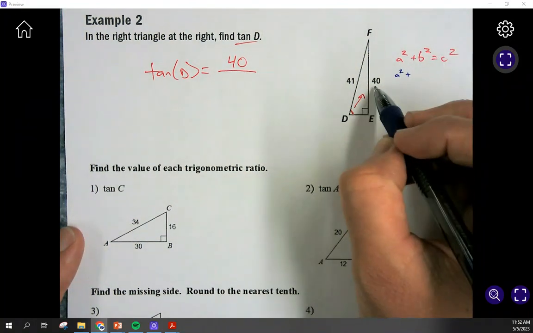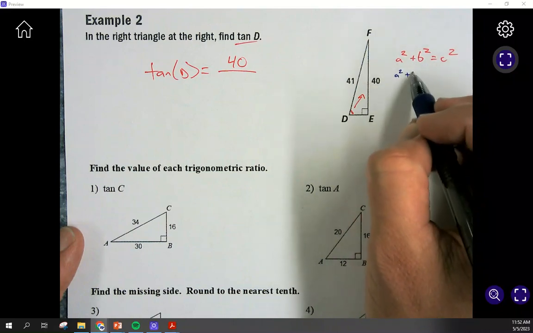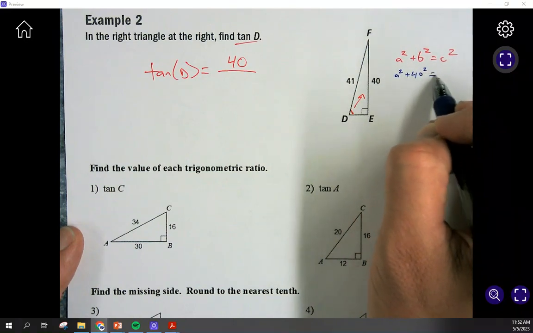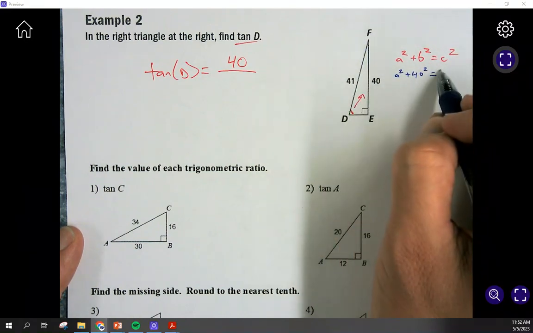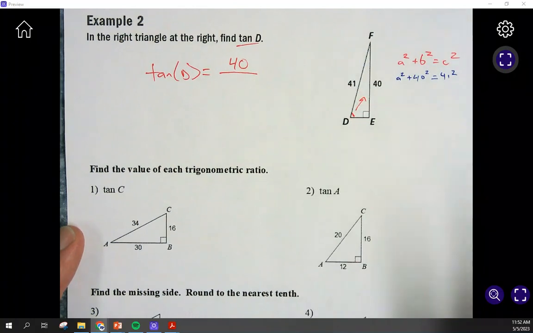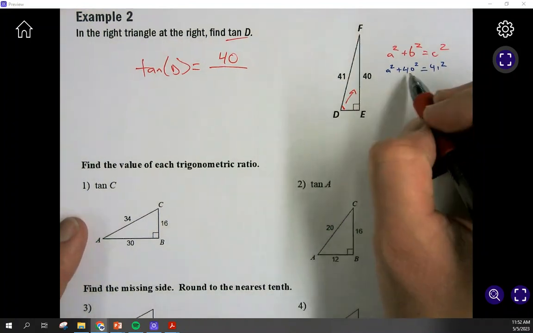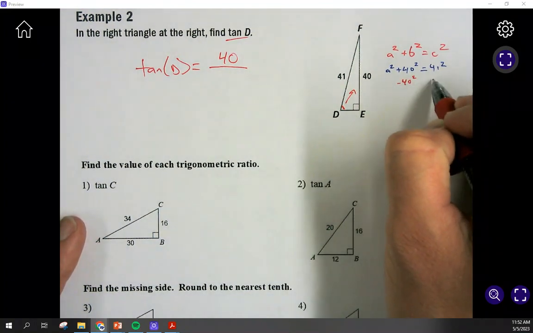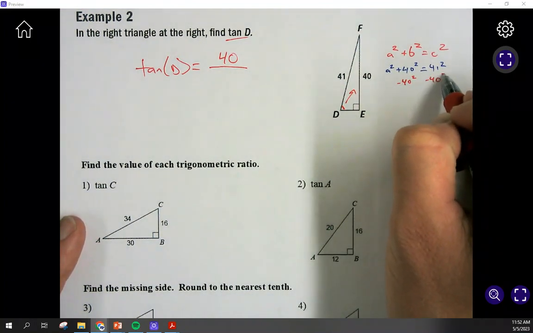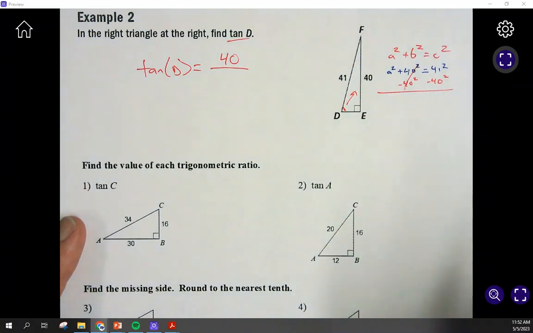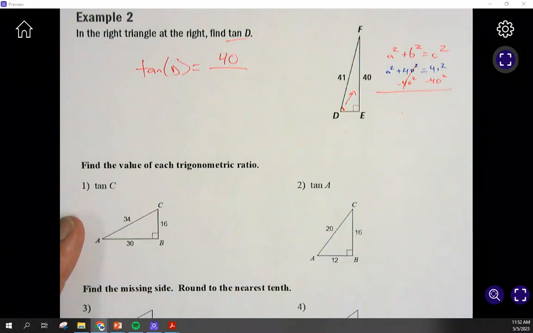Plug them all in. So the legs go in for a and b, and then always the hypotenuse goes in for c. And then the next step is when this would get tedious. You'd have to square everything and write it down and then minus it from both sides and all this other stuff. So let's speed up the process. We can go ahead and minus this right now before getting the big numbers and just avoid them altogether. So I'm going to be left with a squared